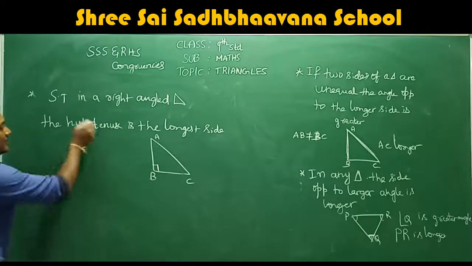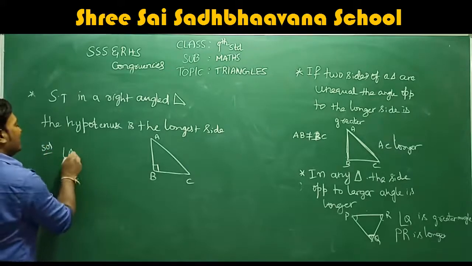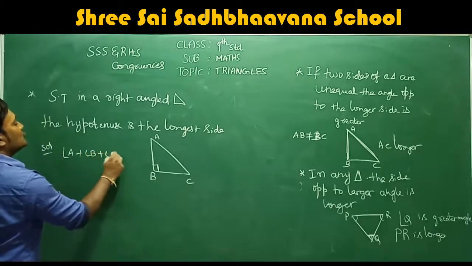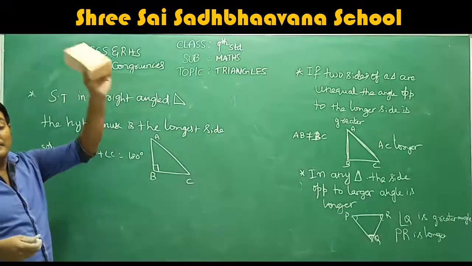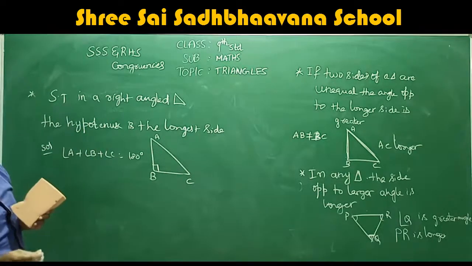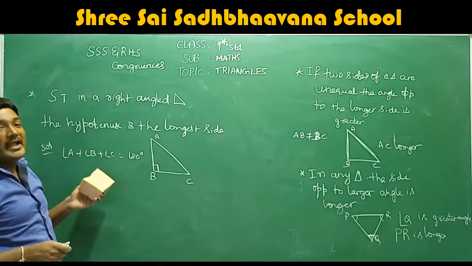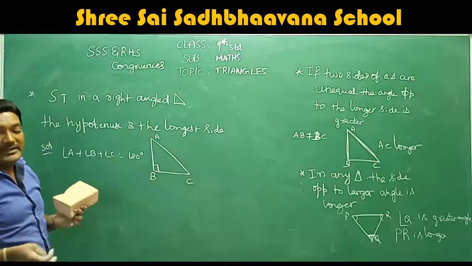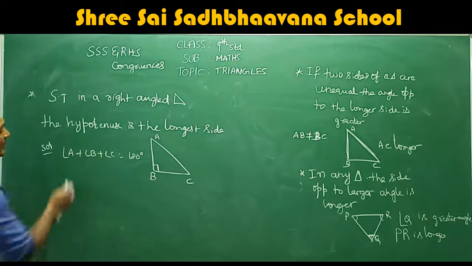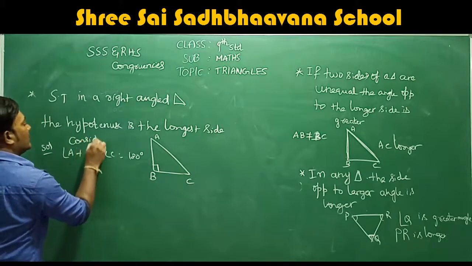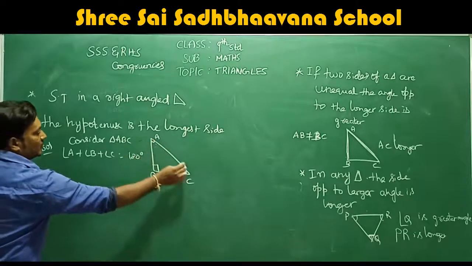Okay. So here we have to prove it. The solution is that angle A plus angle B plus angle C should be equal to 180 degrees. Why? Because we know this from the angle sum property. Understood? What does the angle sum property say? The sum of the angles of a triangle is always 180 degrees. Correct? So guys, in this angle A plus angle B plus angle C, I am just considering triangle ABC, the figure which I drew here. So in this triangle ABC, we have three angles.